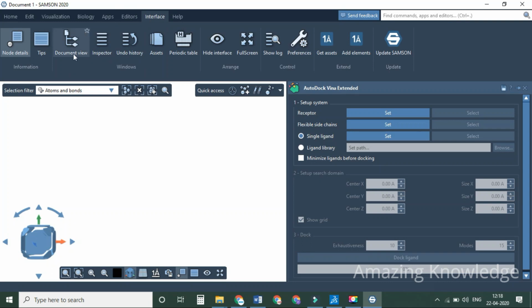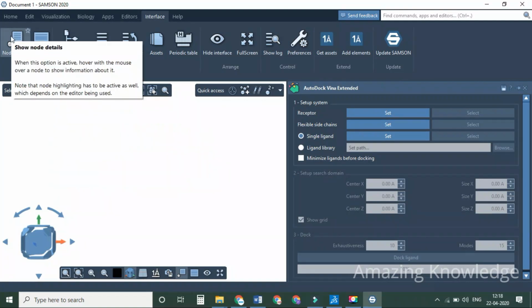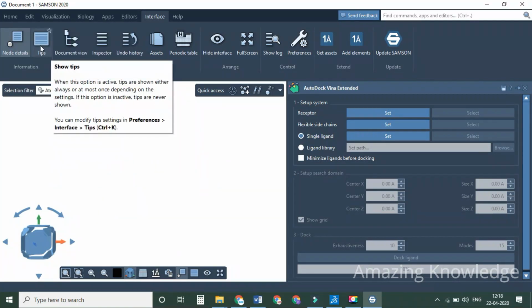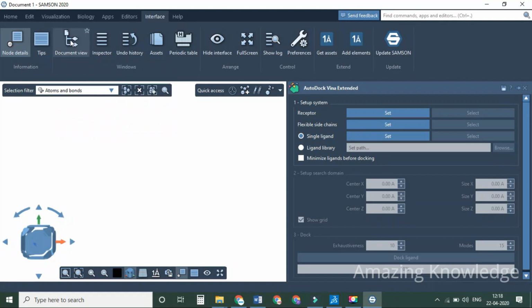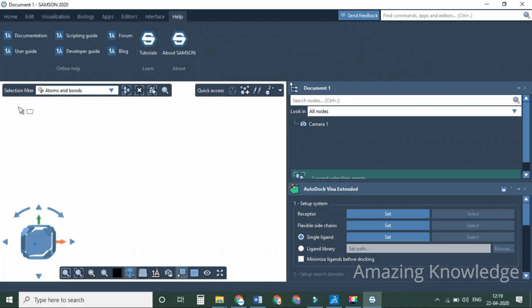In the interface, node tips: whenever you place the cursor on any node, an instruction comes, which is nothing but the node details. It also provides tips in the document view. When you click it, all the details of the molecules you have added in this pane appear here. You can even see the logs. You can update, add, and get assets using this tab. So this is the help tab.